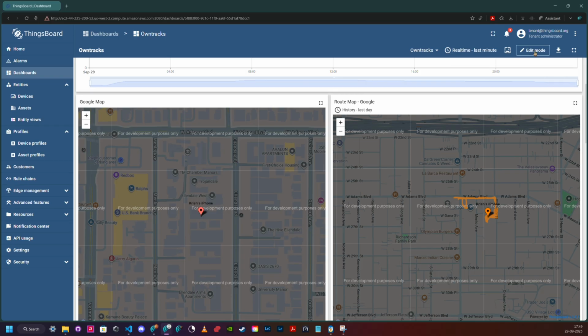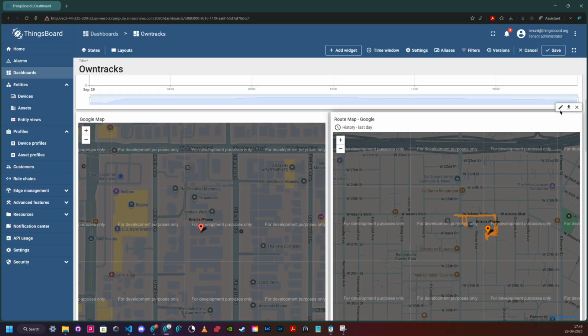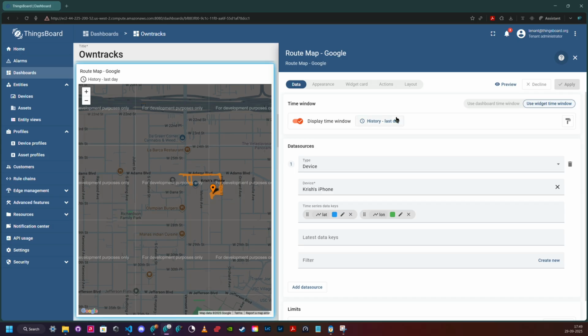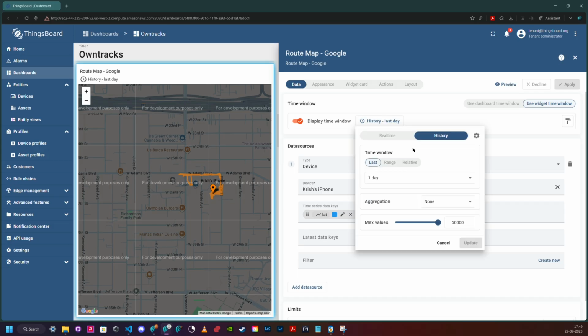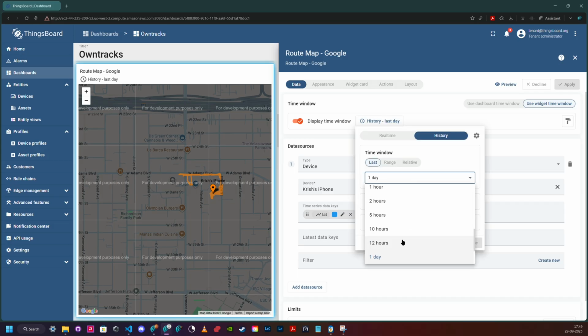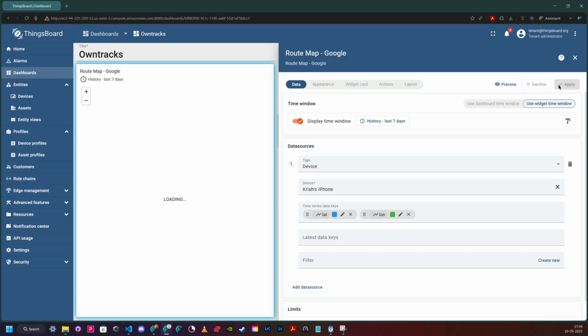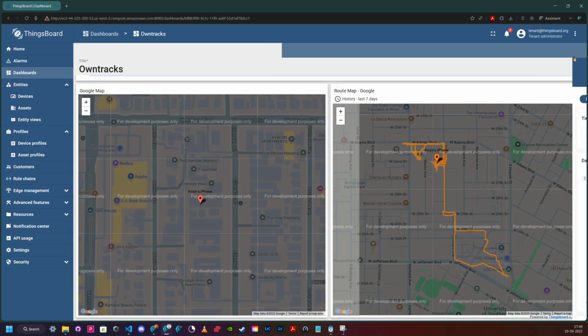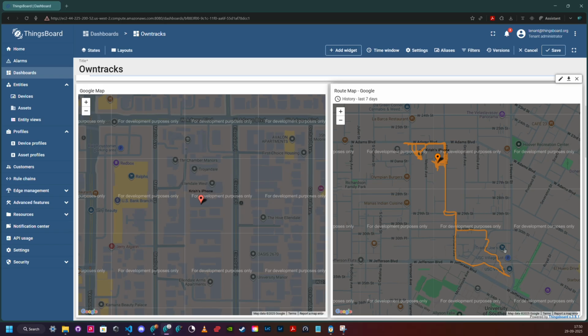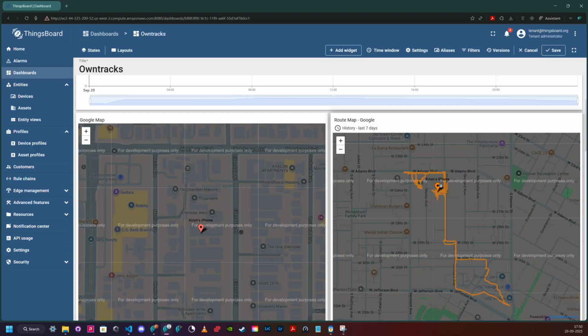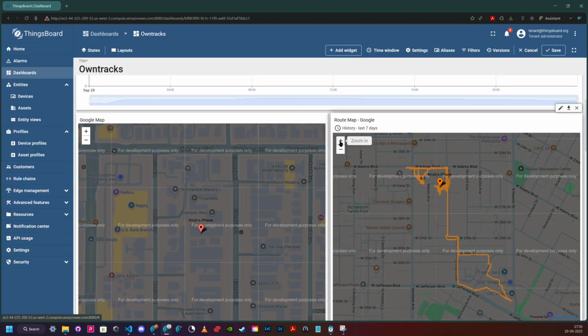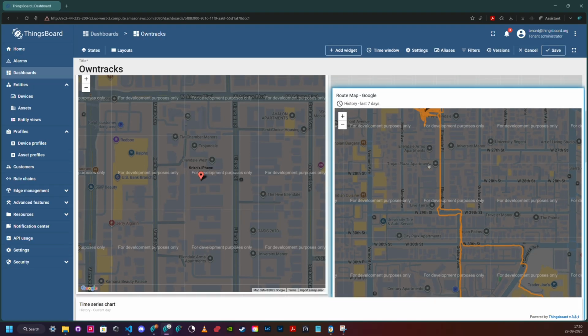I can actually increase the time window to see how many routes we've taken. So let's do 7 days. If we apply, you can see that I've been to the USC Village. I've taken two different routes to the USC Village for the testing of this particular lab, and you can see how I've been roaming